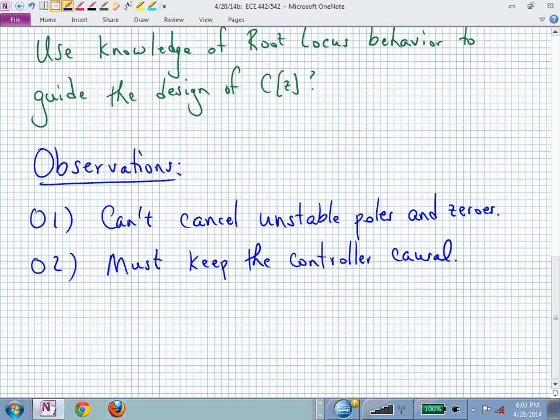We can't have any more zeros than we have poles, right? We can only have as many zeros as we have poles, and we could have fewer zeros than we have poles. That will allow us to keep our controller causal. C of Z, whatever it is, when we're sprinkling poles and zeros, we can sprinkle more poles than zeros. We can sprinkle as many zeros as poles, but we can't